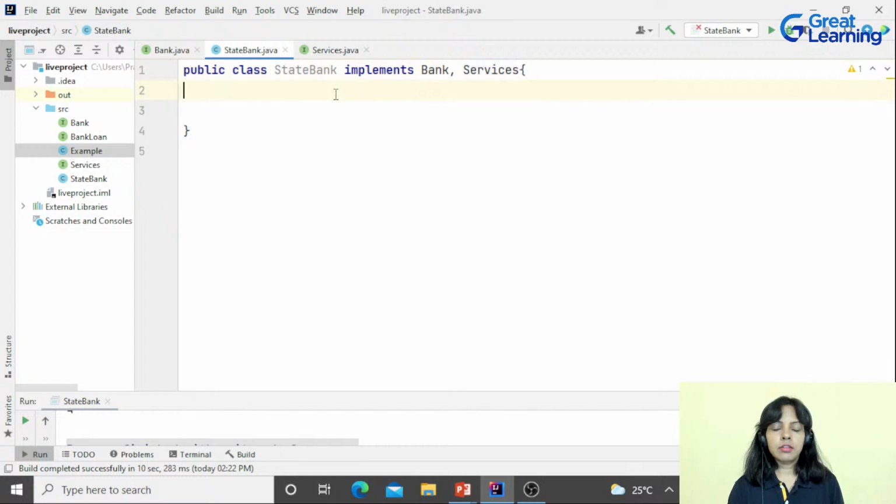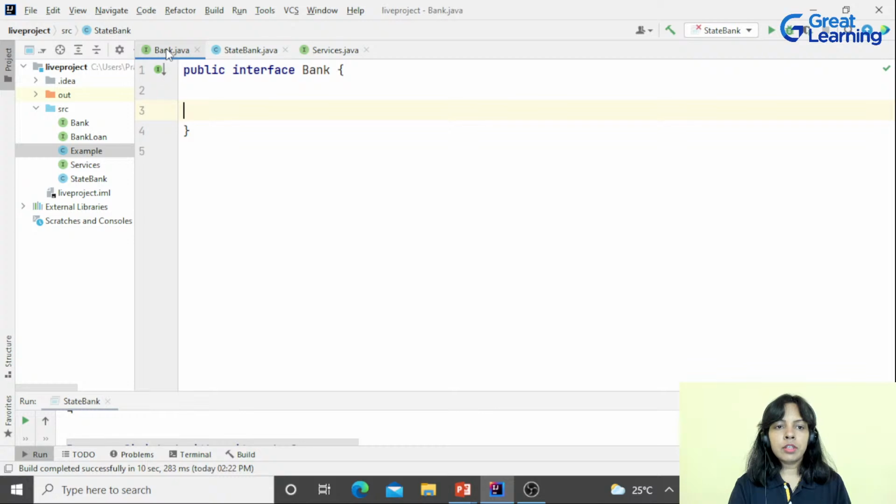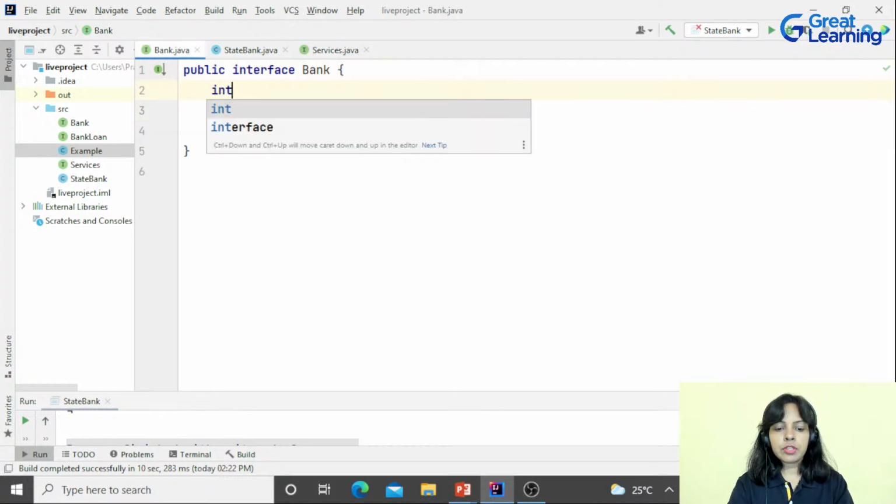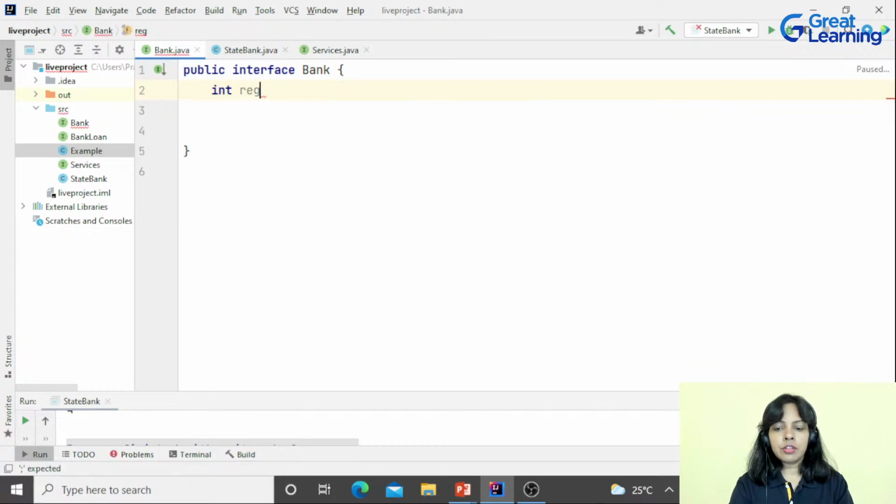Services. Fine. Now in this, what I want to do is, let's have a variable over here. Suppose this variable is int registrationNumber of the bank, and its number is 456.